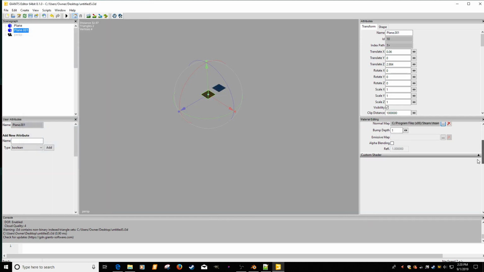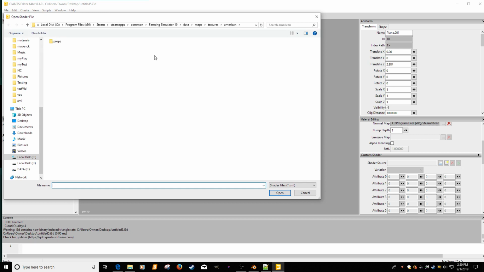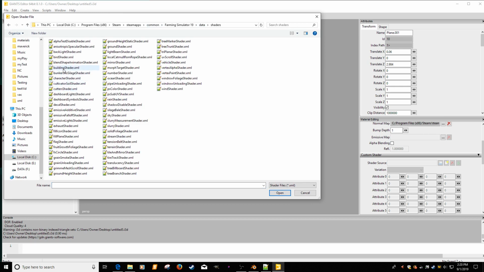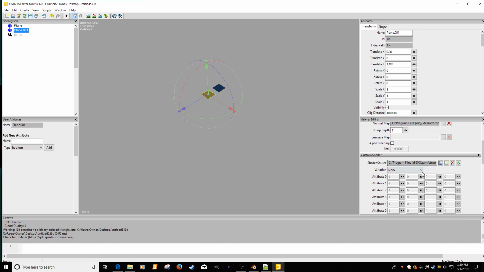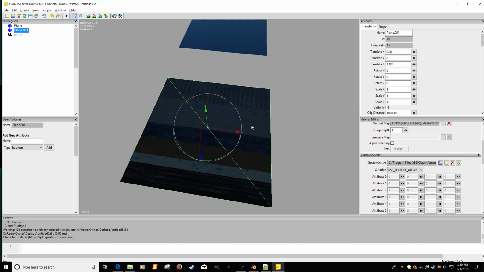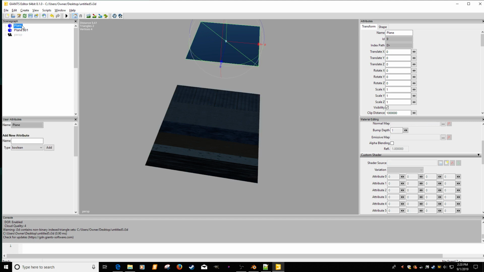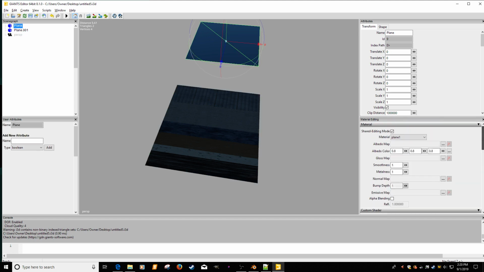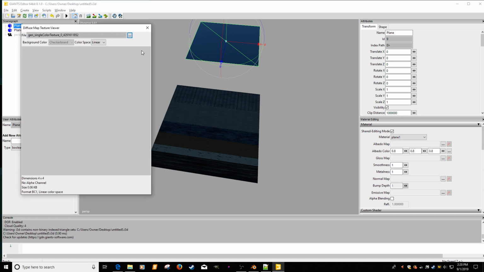Now I come down to the shader, data, shaders, building shader, no errors, array. Okay, so this is the American array in that section. Now if we come up here, you can see we have a plain one as our material name, so we're going to add the map,